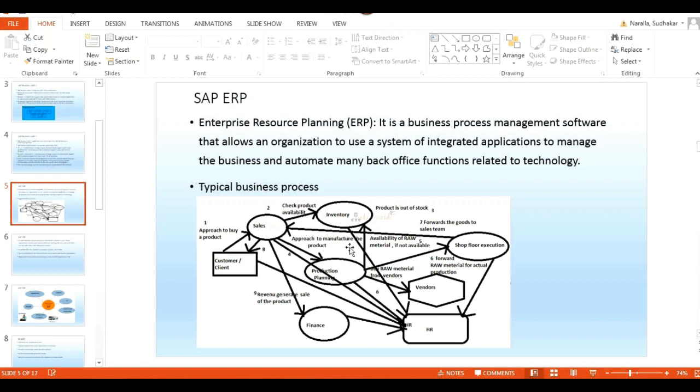Still it is installing. Just one second, I am getting a